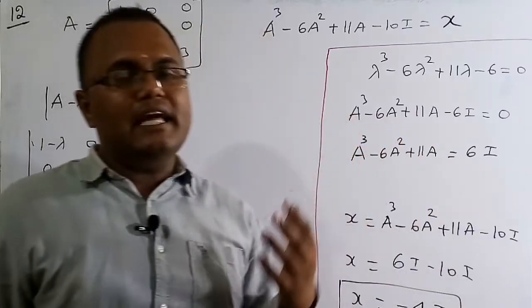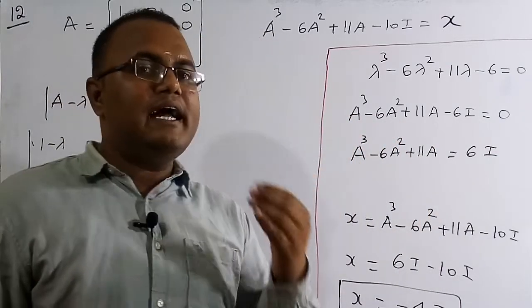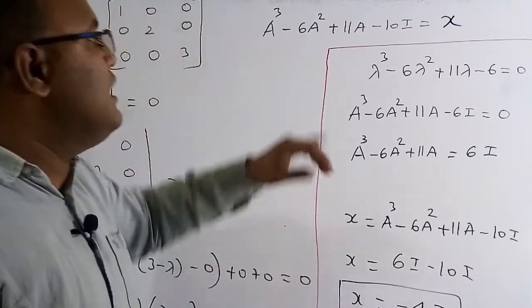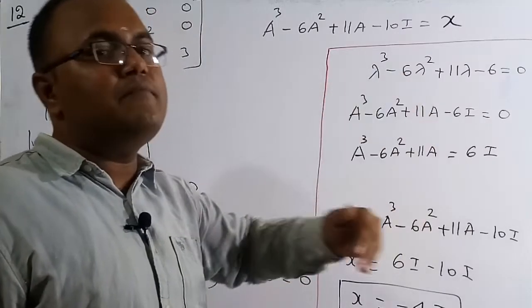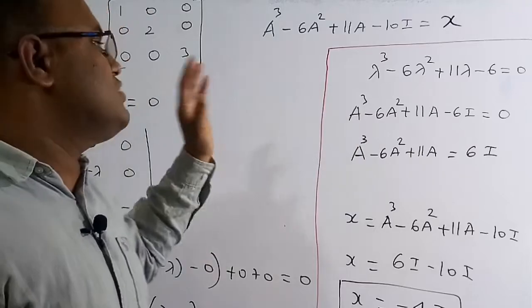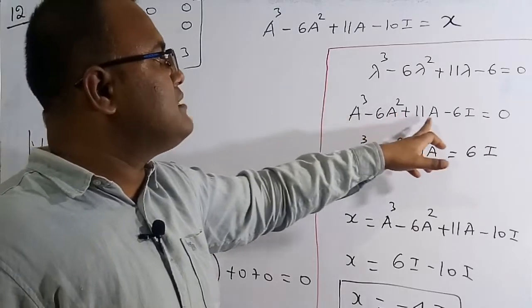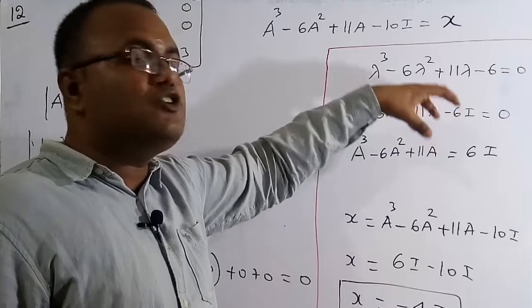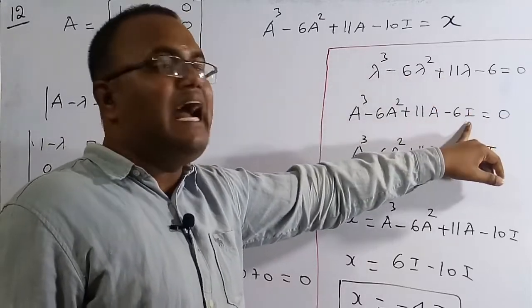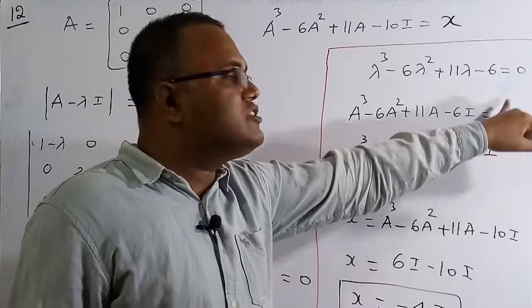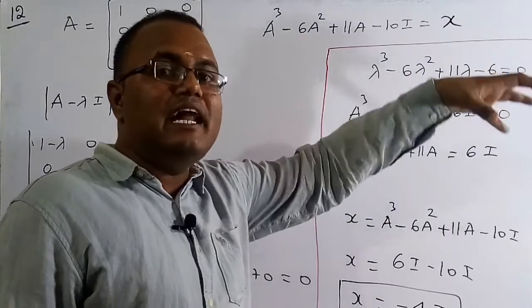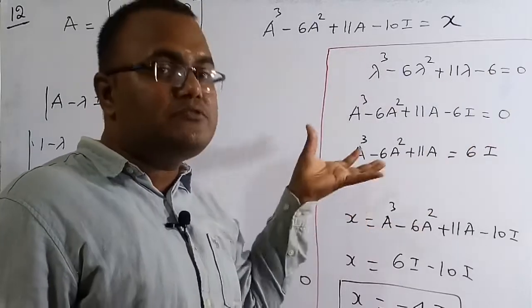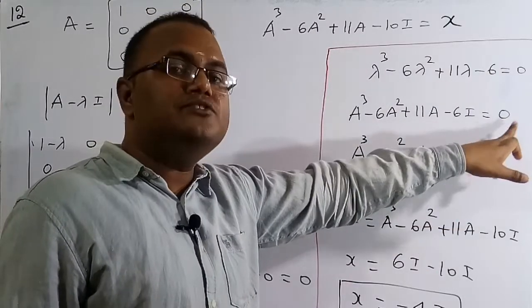See, by the Cayley-Hamilton theorem, we know that the matrix is going to satisfy its own characteristic equation. So wherever lambda is there, you can replace it with the original matrix A. So therefore, A cube minus 6A square plus 11A minus 6I. We have to write this in terms of matrices, so this is equal to, this is not a 0, this is basically a null matrix. Here it was a scalar number, but now we are writing in terms of matrices, so it becomes the 0 matrix.